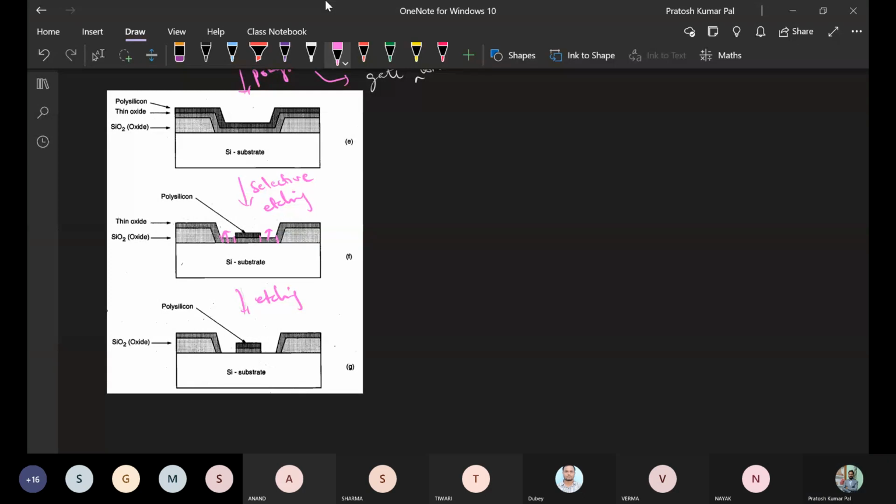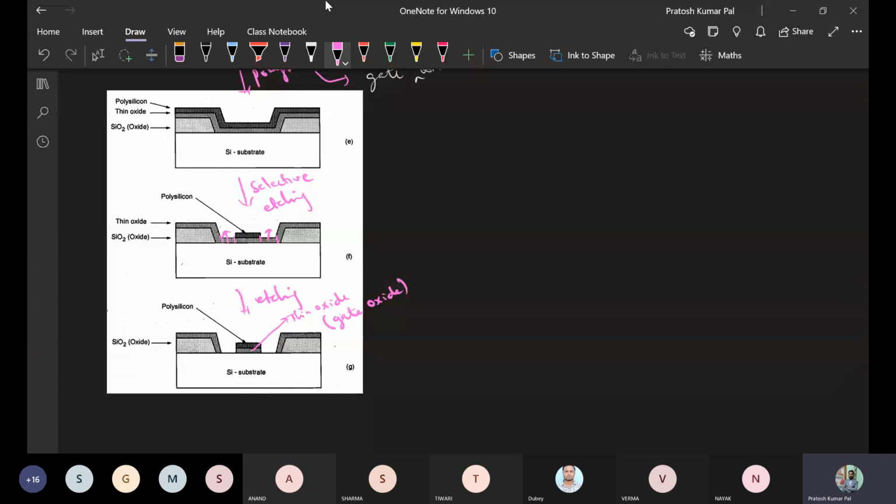Here basically the surface is covered with a thin oxide layer in the remaining section. This layer will be your thin oxide, and this will be your gate oxide. This thin oxide will act as the gate oxide of the MOS transistor basically. And this polysilicon deposition that we have done will basically work as the gate electrode, and also it is used for interconnection.